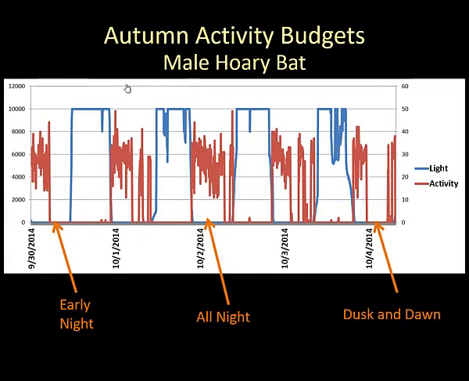As I mentioned, we have this activity information. Activity budgets for bats are very hard-won data for any species of bats. In hoary bats, no one would even think of attempting this. But these activity loggers make it quite simple, and it allows us to evaluate some of the questions that bat biologists ask, such as, are bats really only active in the beginning of the night? Are they active all night? Are they active in the evening and then just before dawn? And we can see that for this particular individual, the answer is yes. It just depends on which day it is. There's other factors here, too, I'm not mentioning, but yes.